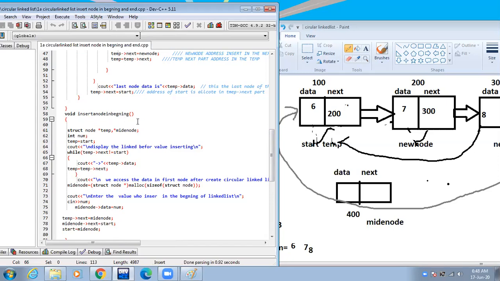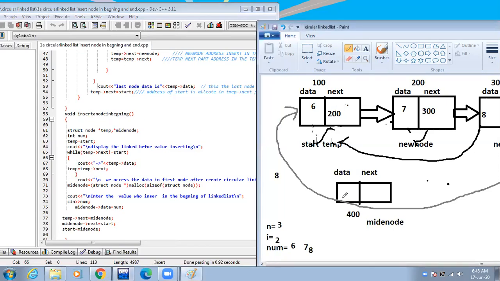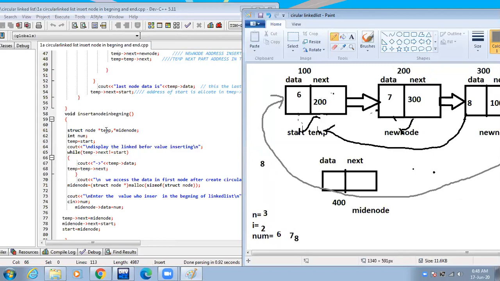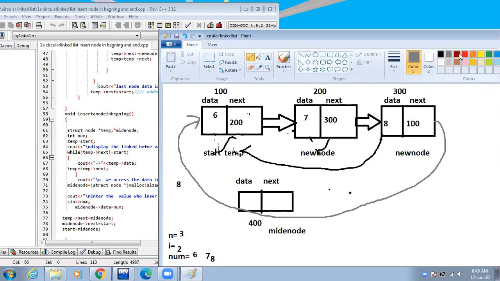Void insert node in beginning. We insert a value in the beginning. Then temp and mid node are pointer type variables, and int num means num is an integer type variable. Temp equal to star means temp points to the